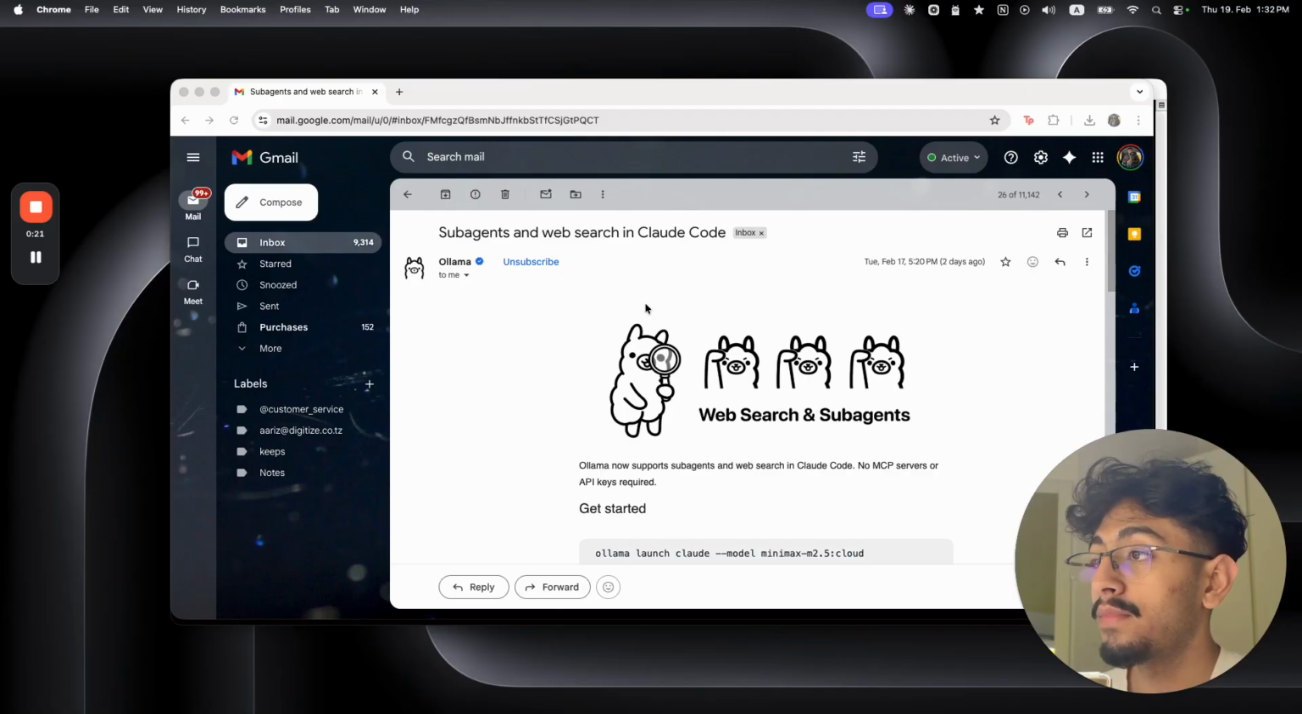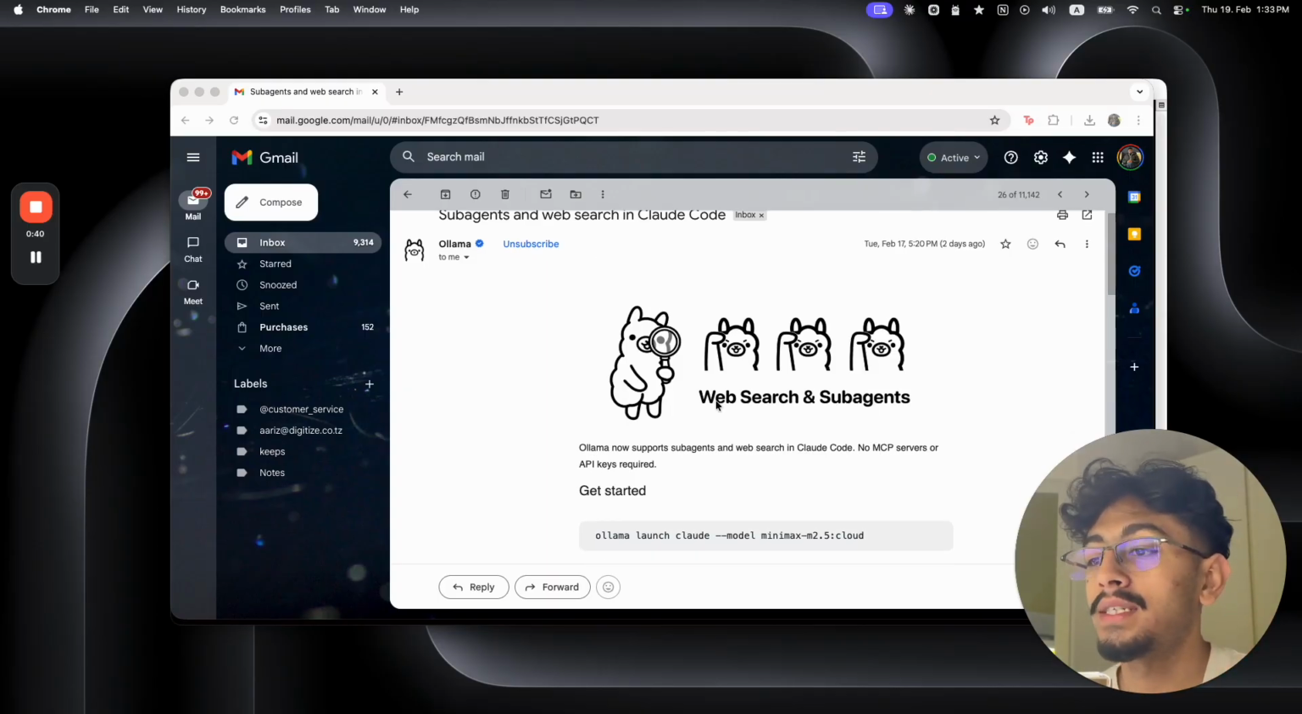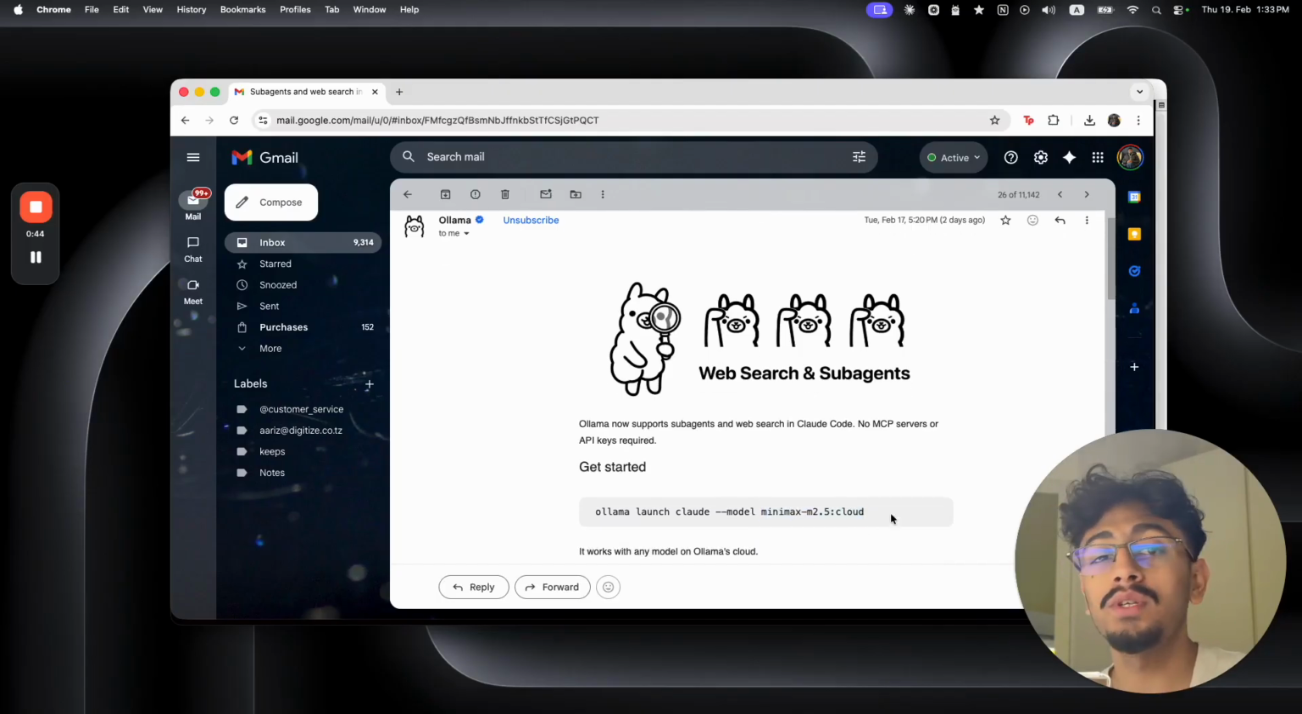But because we have Ollama, which is open source, we actually are able to run Claude Code completely for free. That's the main purpose of this video: I'm going to show you how to run Claude Code for free, no cost at all. We're going to use an open source model, so there are no API charges or anything like that. And the good thing is that Ollama has recently released the Minimax M2.5 cloud model, which actually